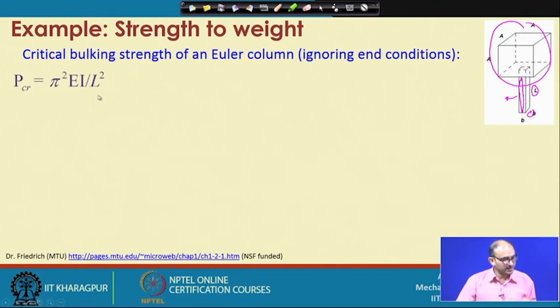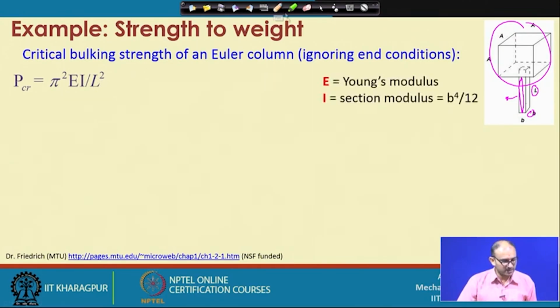Now, critical buckling strength is given by pi squared E I divided by L squared. What are these parameters? E is the Young's modulus, but it has no connection with the length scale. I is the sectional modulus, so it has a connection, because here both dimensions are B, so it will be B raised to 4 by 12. If you put those things here,